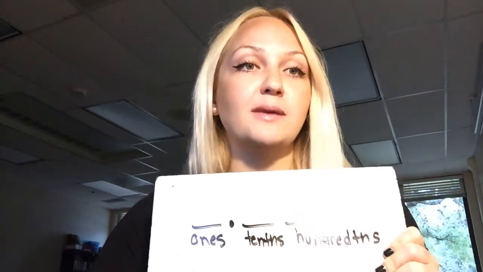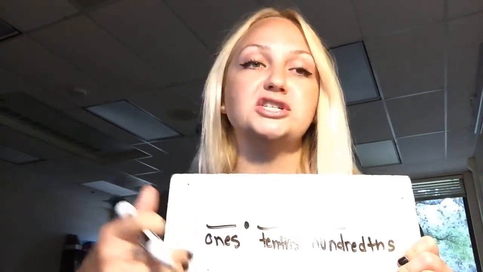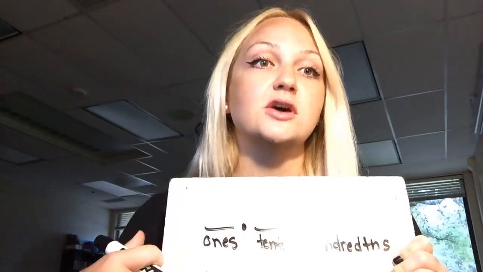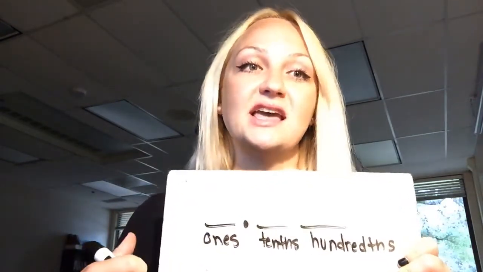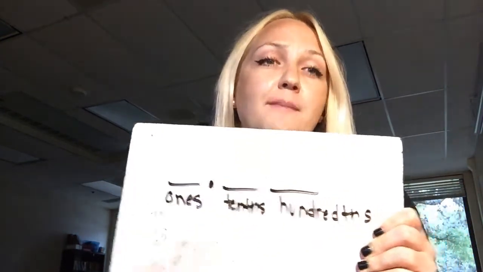So when you start comparing two numbers, you always check the ones place first, okay? If your numbers are the same, then you move on to the next biggest place value, which is the tenths place. So I'm going to write down a couple numbers, and I'm going to show you what I mean when I say that. So looking at our math book, it has two numbers being compared, and that is 11 hundredths